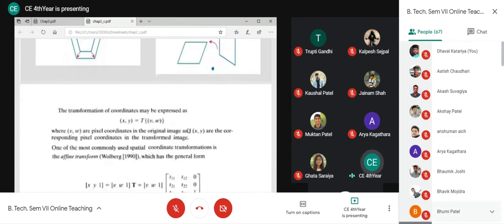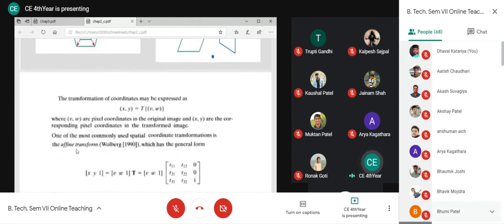For that we have the affine transform. We apply a transform on my previous coordinates. These are my original coordinates of my original image. If I want, I will apply some transform on those coordinates. That is known as an affine transform, and it will generate a rotated, flipped, stretched or shrunk image, that is, an image to which any geometric transformation is applied.